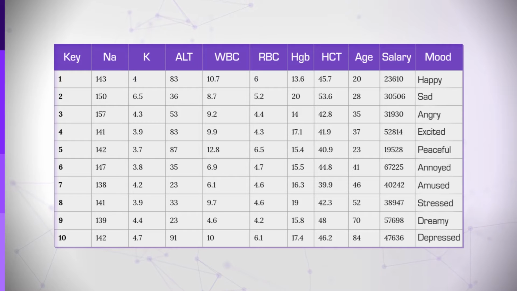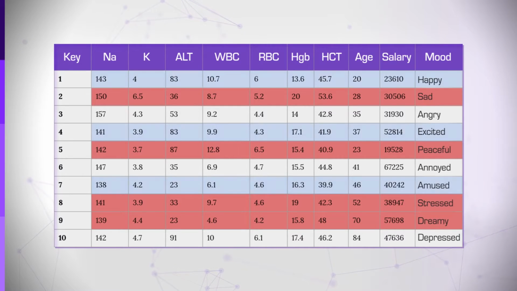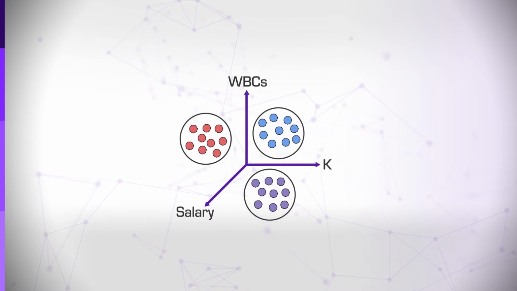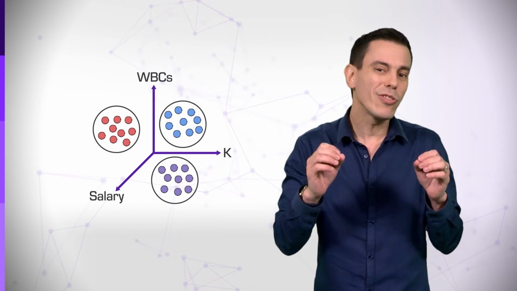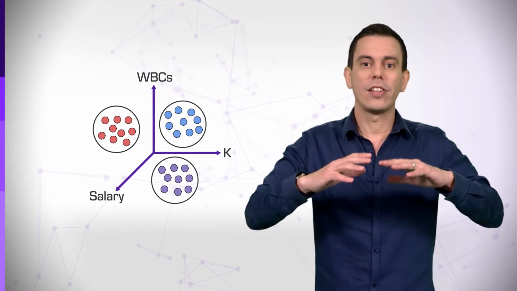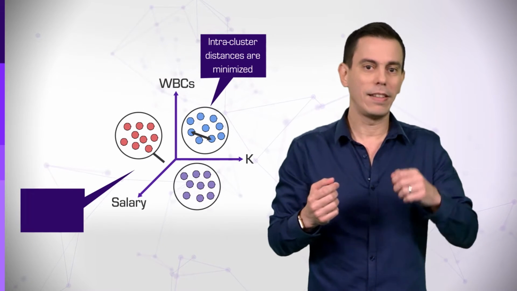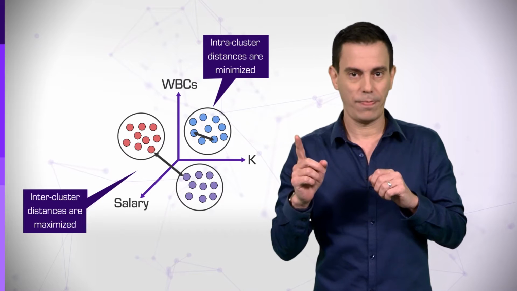Going back to our EMR example, we need an algorithm that will define these patients as belonging to cluster number 1, these patients to cluster number 2, and these to number 3. In other words, we need an algorithm that will define the archetypes. What are the regions? What are the definitions, if you will, of each cluster? These are actually the circles you see here. In mathematical terms, the correct clustering could be defined, for example, as partitioning that will cause the intra-cluster distances to be minimal and the inter-cluster distances to be maximal.